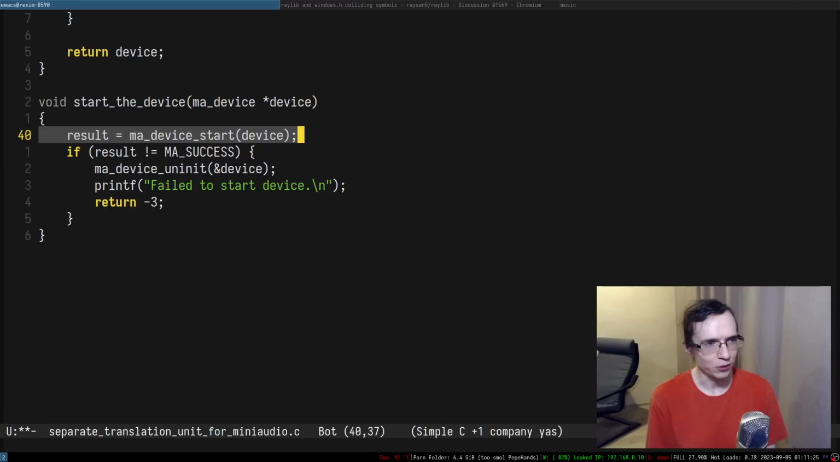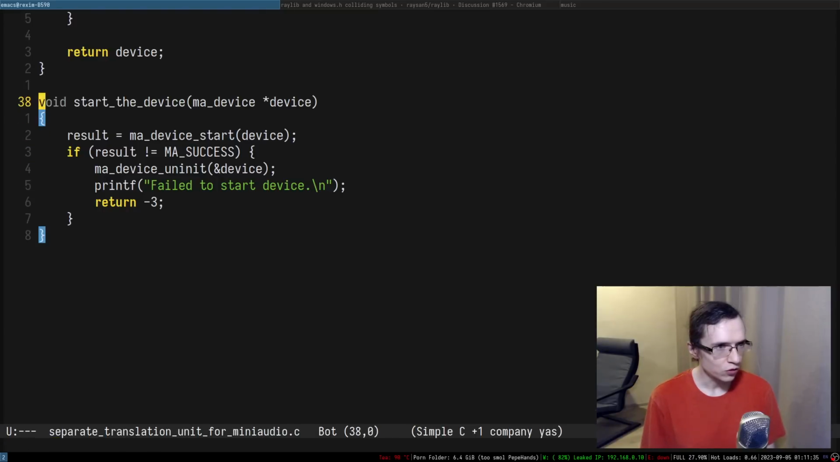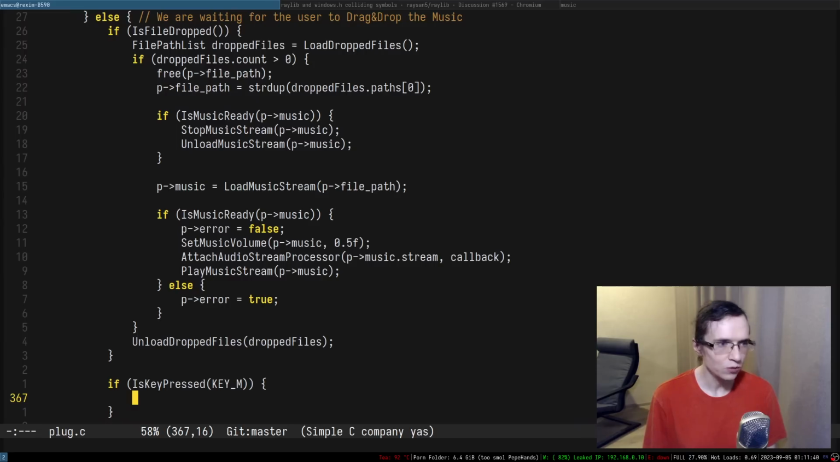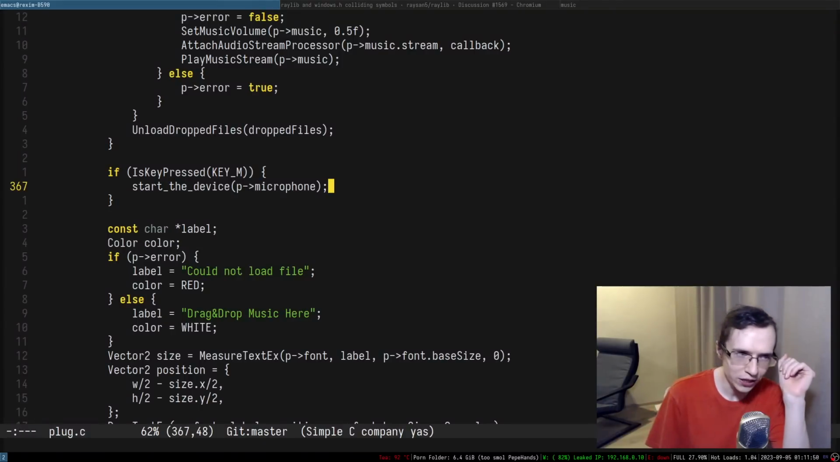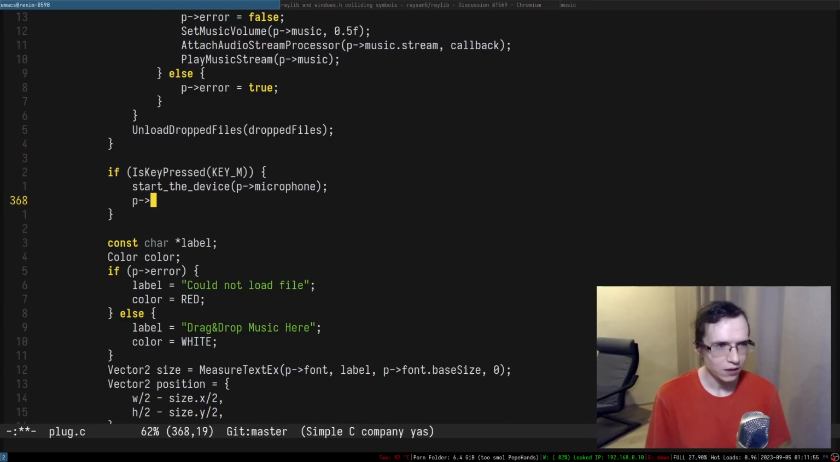We don't even have to take a pointer, and that should start actually doing the thing. It should start calling the data callback and whatnot. So that means that in plug.c, we take P and a microphone and start the device, and we need to somehow indicate that we are in a different state. So maybe in the plugin, we're going to have